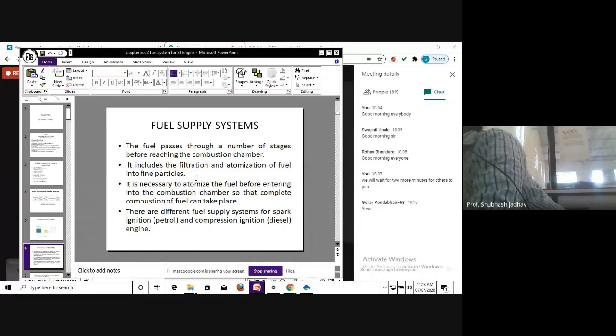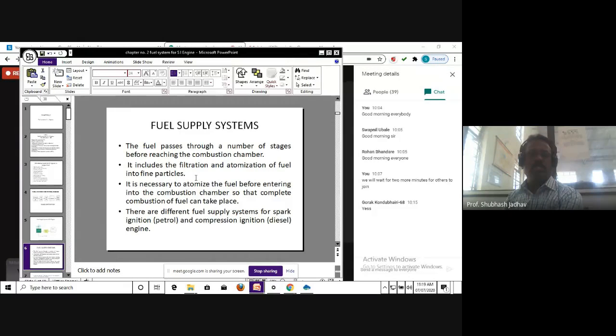But in order for this to happen, it has to happen through different stages. So there are so many stages, okay, which need to be understood when we discuss this particular fuel supply system in case of SI engines. Okay, so it is very important to understand the different stages, what these stages are, how these particular stages are working, what is the importance of each stage, and so on. Okay, so understanding this particular part becomes very important to understand the fuel system for